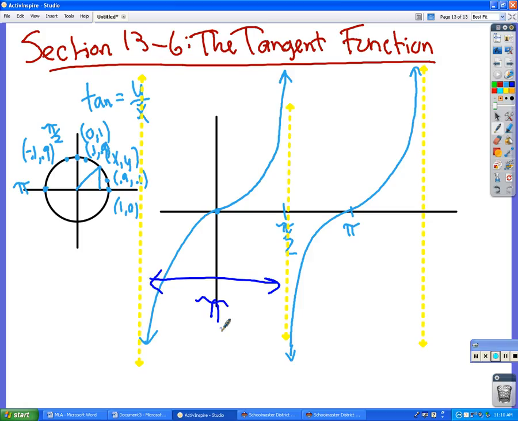Okay? What is the amplitude of the tangent function? How far above and below the x-axis does it go? It doesn't have one. It goes forever up above and forever down below, so it does not have an amplitude. Okay? And so, like I said, it is not a very friendly function at all. Okay? All right, so if you were asked to sketch a graph of